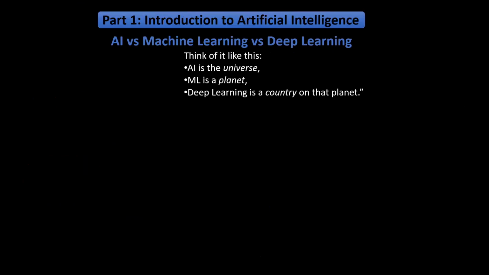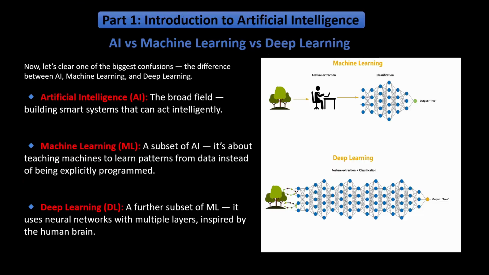So deep learning is a subset of machine learning. It also learns patterns from data and accordingly decides the future. But deep learning uses neural networks with multiple layers that are inspired by the human brain. But the question is, if machine learning and deep learning are both used for the same problem, like learning patterns from data and deciding the future, then why do we need deep learning if we already have machine learning? So we will cover this question in the deep learning part.